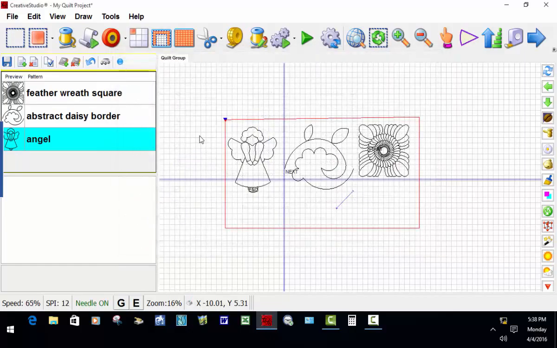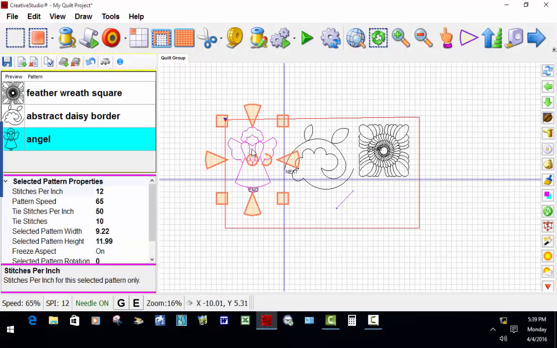Now, I don't ever go into the controller definition and do any changes for a specific project, because I can make all the changes I need to make right in the project itself. So this is my project, and everything is loaded, and here I clicked on this particular pattern,